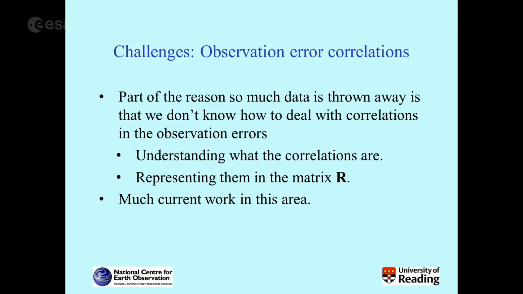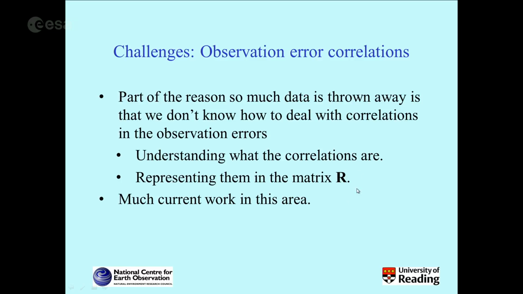There are two things we need to do here. One is that we need to understand what the correlations are. We need to come out with some kind of measurements. What is the correlation between an error in this channel and an error in this channel? And then we somehow need to find a way of building those correlations into our assimilation system, which, if you